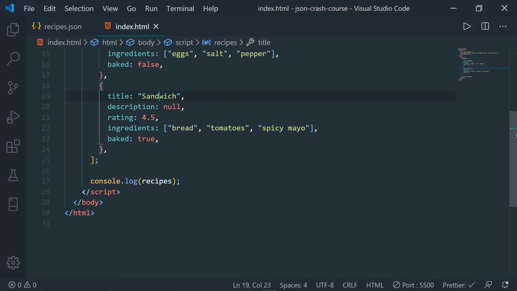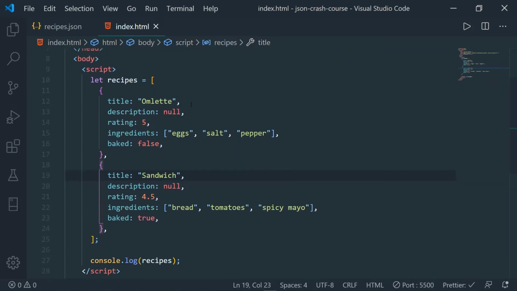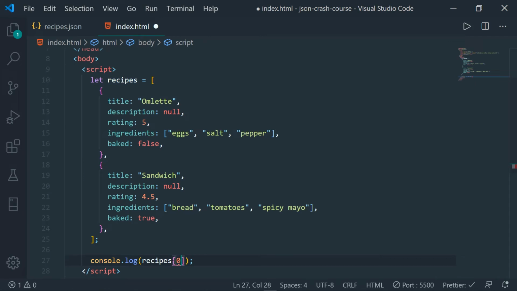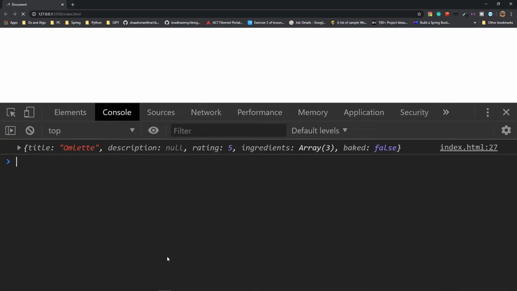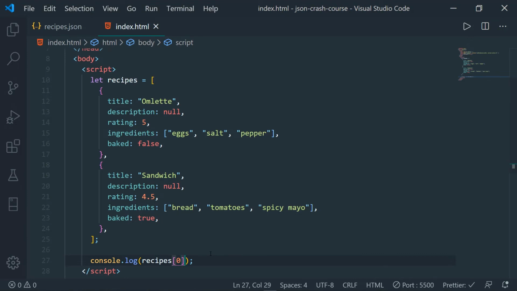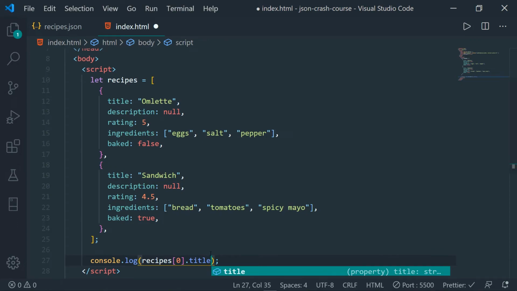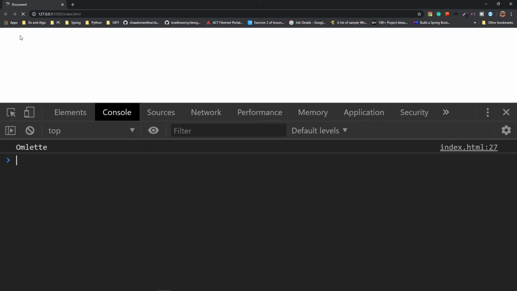Now let's say you want to access the data present inside this array consisting of multiple objects. Since it is an array and you want to access, let's say, the first element, you can just give it as array of 0, and that is going to give access to the first element. If you save that and go to the browser, as you can see, only the first one is being printed. And let's say you want to access the value of title, you can just give dot property and give title, as that is the key. If you save that and go to the browser and refresh, omelette is being printed.